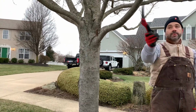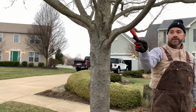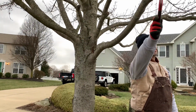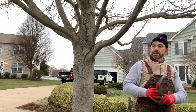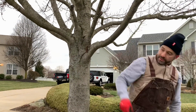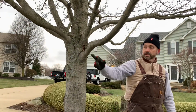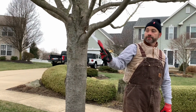Because of the size of the branch, I'm going to make one undercut here and a second cut here to take the weight of the branch off the cut. If I just try and cut it right here, the weight of the branch is going to come down and tear that bark right off that collar. So, first cut underneath, second cut on top, and then your third cut is